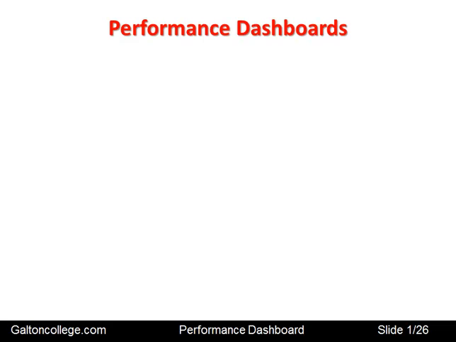In this video we'll talk about performance dashboards. Now a performance dashboard is in a sense a very simple concept. It simply collects data about the organization, about its performance in key areas, and it presents the information succinctly and clearly on one screen so that the managers may see their performance quickly and easily by just simply looking at